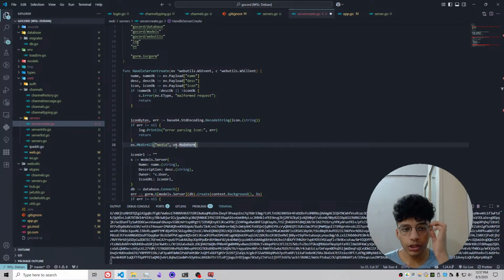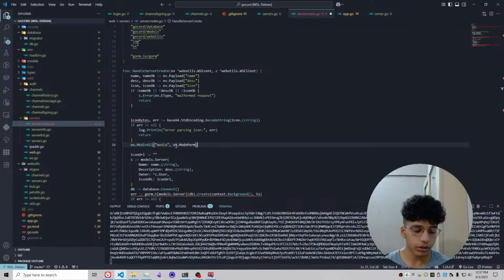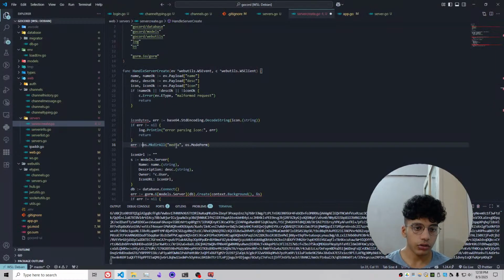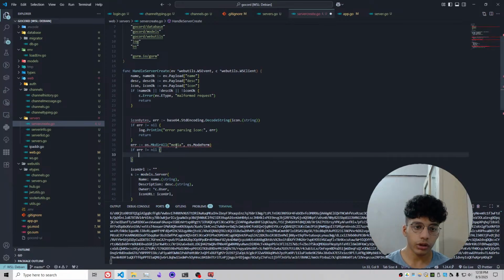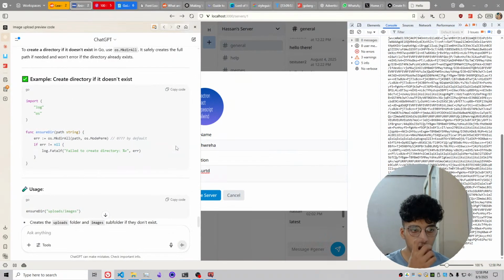By the way, I still need to learn what these different file modes are and what they do. It's on my list, I just haven't gotten around to doing it yet. But yeah, so this will return an error. If error is not equal to nil, log.Println error creating media folder, error, and return. There we go. There's no need to redeclare this. Okay, and then